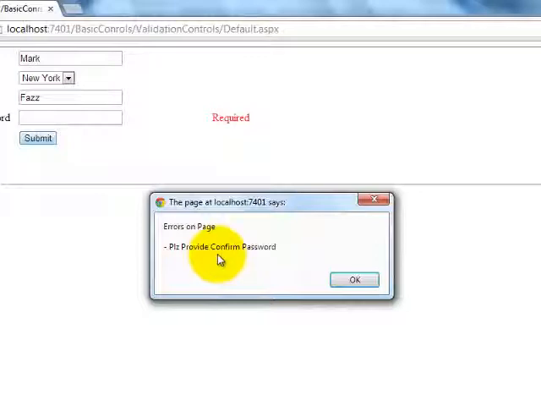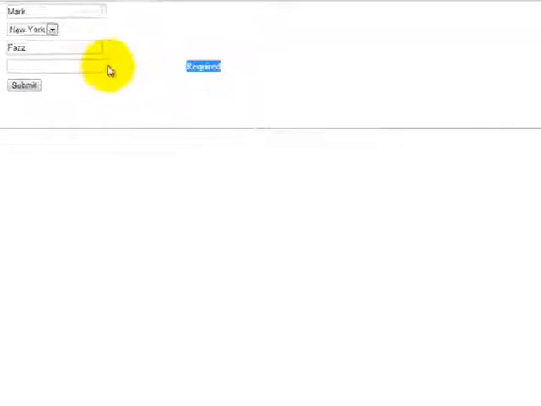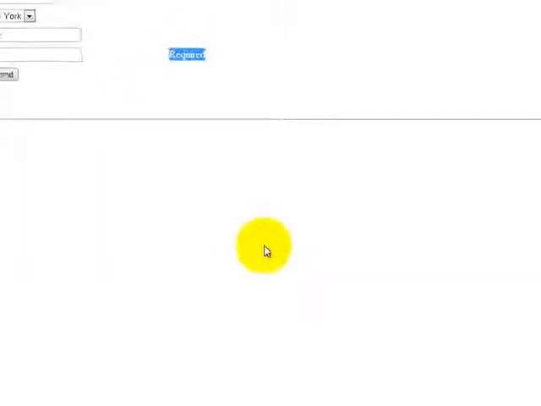Observation here is you can see where that validator is coming. It is coming here. It has to come over here, beside this text box. But as we placed it at that position, it is coming there itself. So the designing will be awkward.